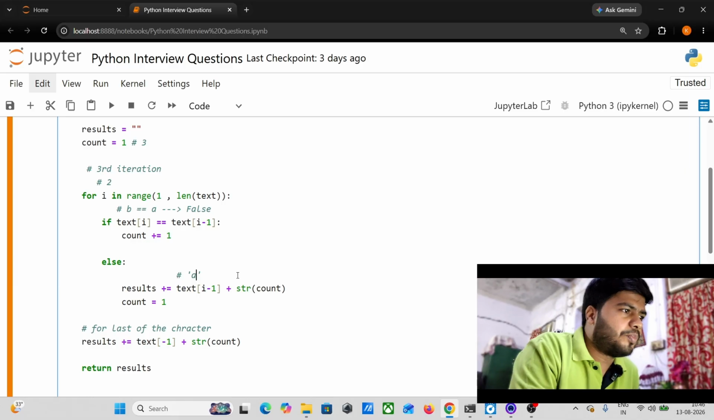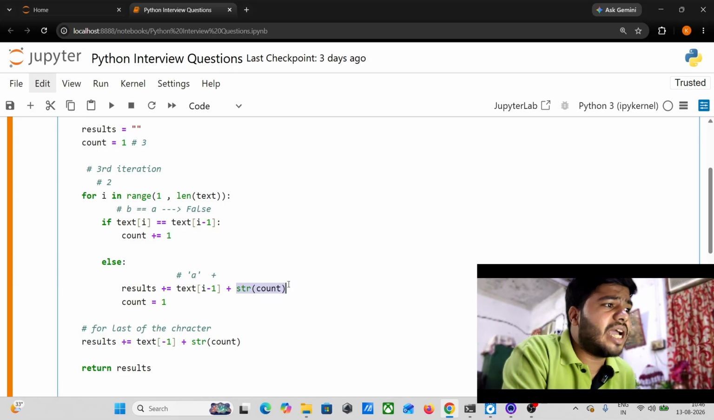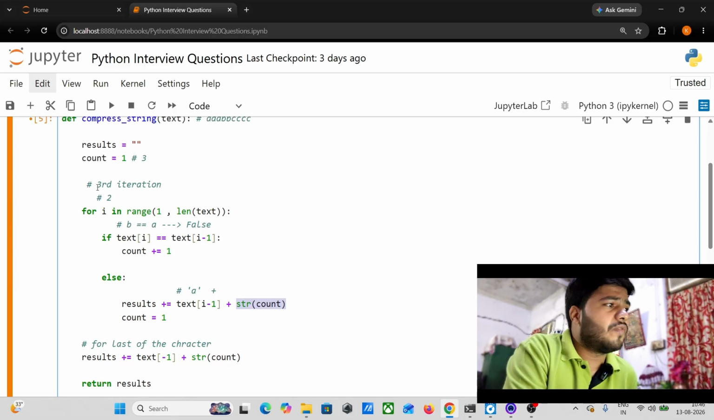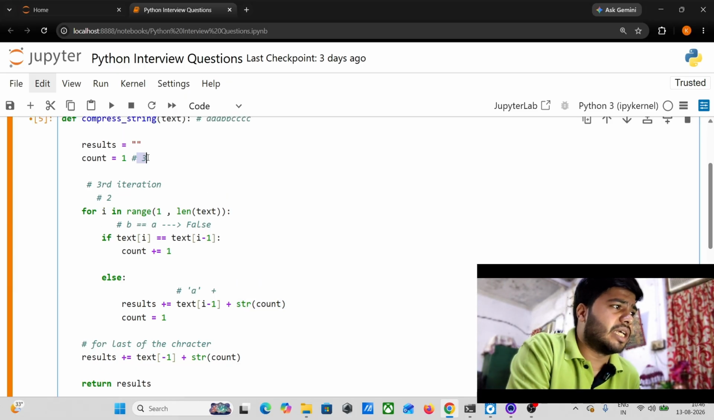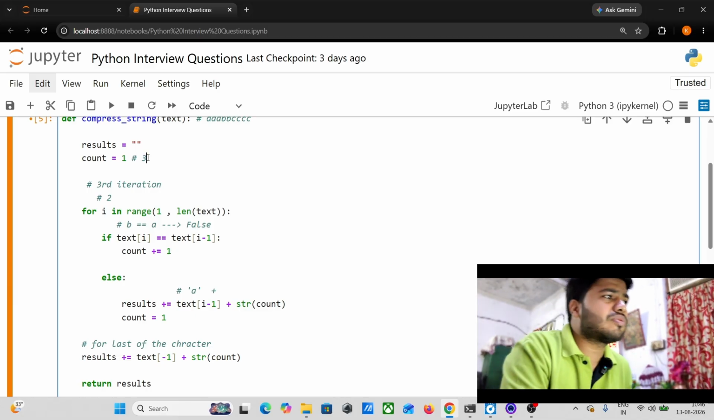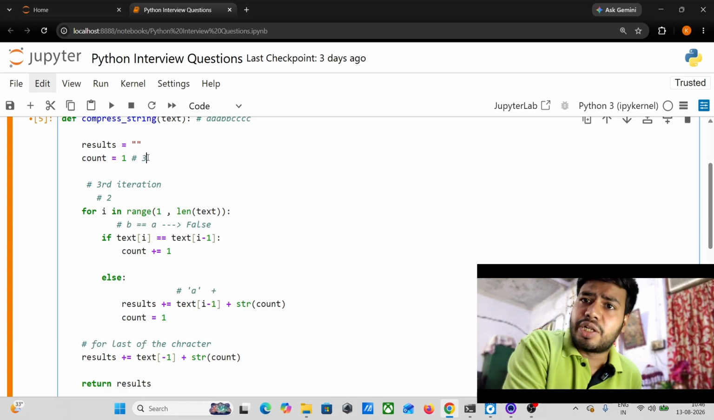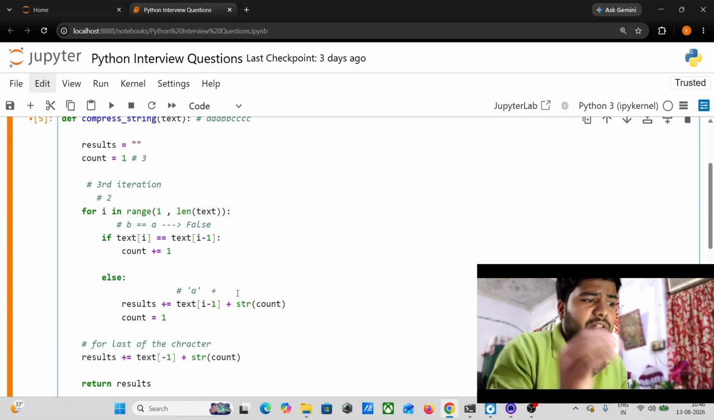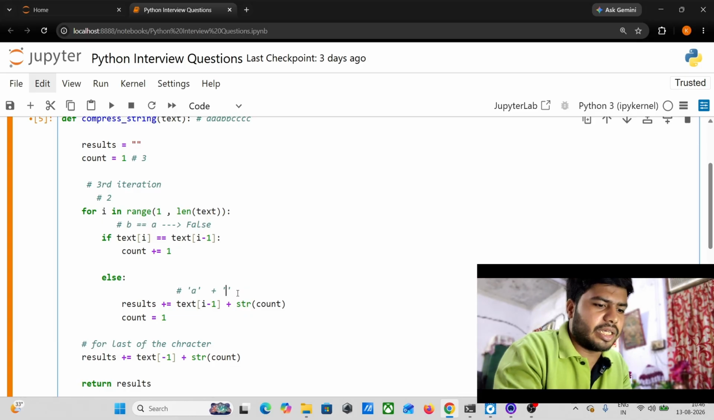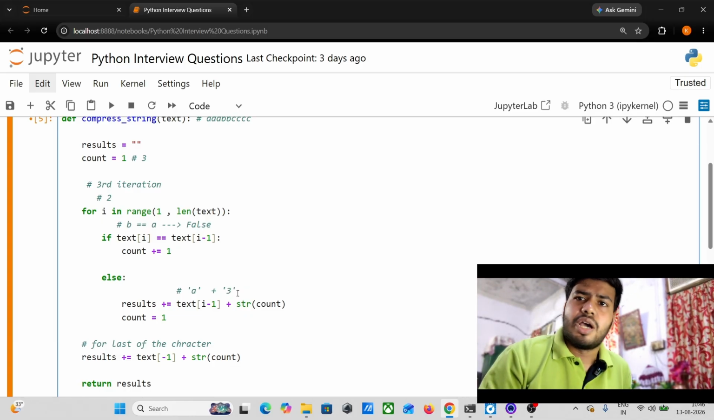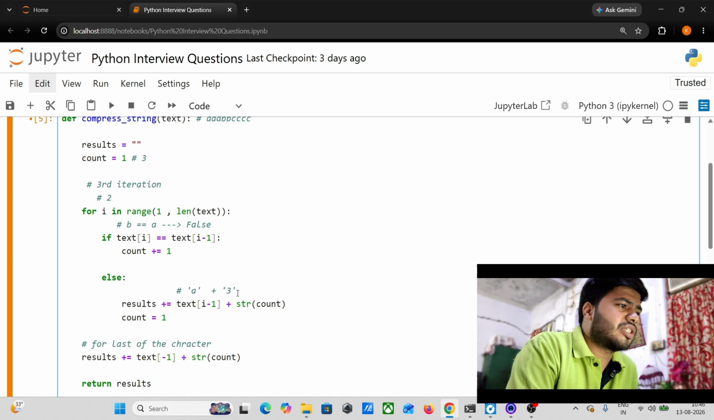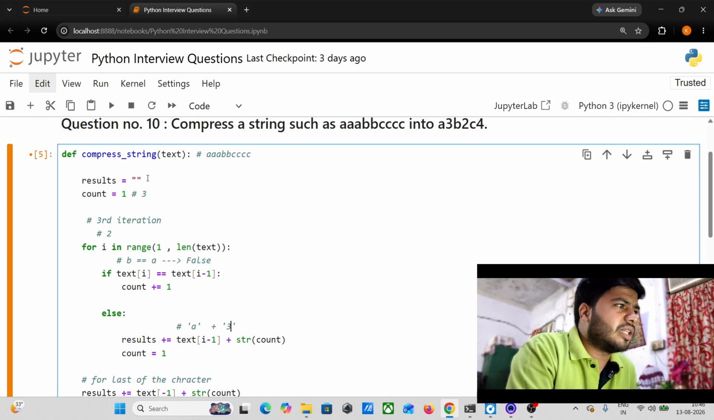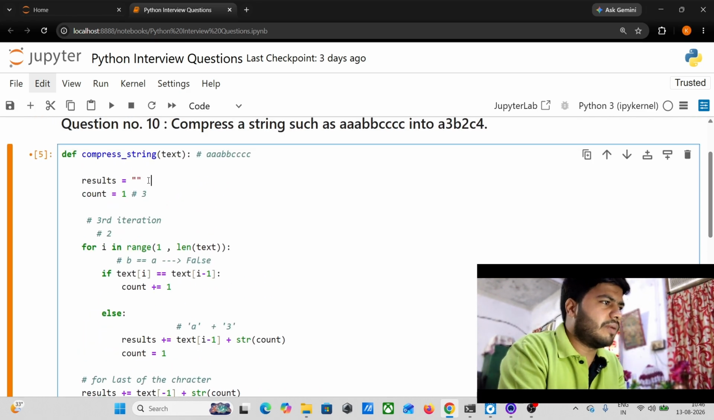And plus what will happen? Plus my str of count. Whatever value comes in here, like here the number 3, it is initialized 2 times, so here the count becomes 3. So it will merge both of these things, and here the 3 value comes into the picture. Understood, guys? So this is how it will return: the a3 value, like I'm writing here,